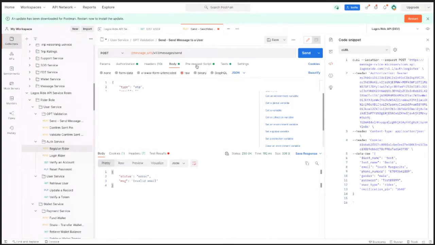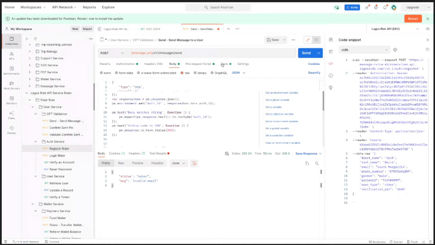So if you are to consume any endpoint, the pre-request script will first run, because we've already passed it. Pre just means do this thing before the post test. And you can see these are scripts I actually wrote for this test. So if you look at this test script on my screen,